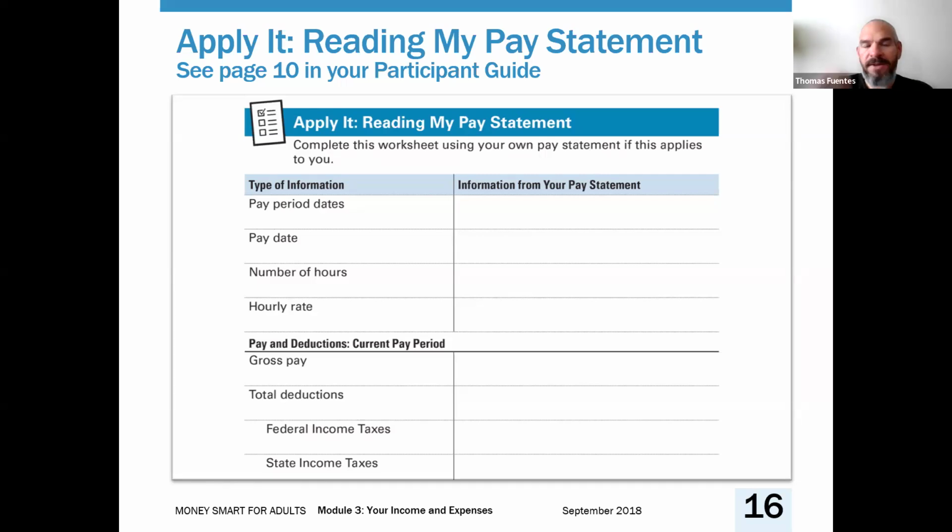And after reading the statement, you're going to fill out the reading my pay statement form. And basically what you would do is you're going to take the information that you see in that pay statement in the participant guide, and then you're going to fill in the items like what are the pay period dates for it, what's the pay date, what are the number of hours, and that'll help you better understand how to read that pay statement. So let's jump to